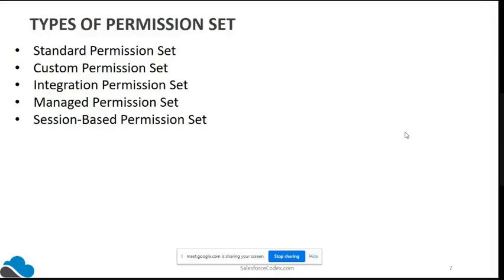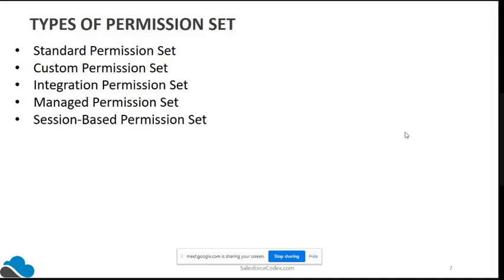Now coming to managed permission sets. Where will we use them? When we install DocuSign or any third-party app from the App Store, that company creates a permission set specific to that app. Those are installed along with their packages.